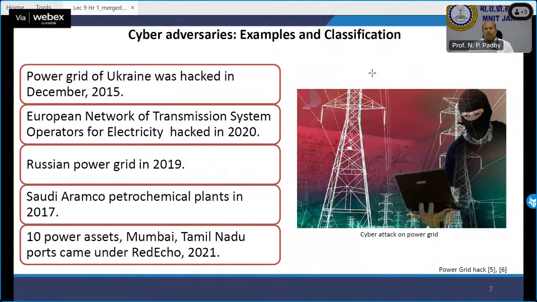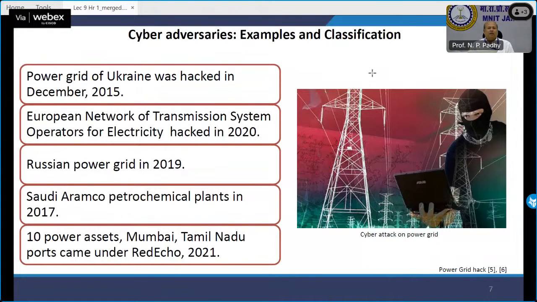Now, adversaries, examples and classification. Beautiful stories actually we'll talk today. Ukraine, we all learn about Ukraine because of the cyber attack actually. And with the recent war with Russia, the country has become very popular, along with its medical education. But those cyber adversaries, as well as the recent war, made Ukraine become more, I will not say popular, but I will say known to most of the young students and graduates of this country.